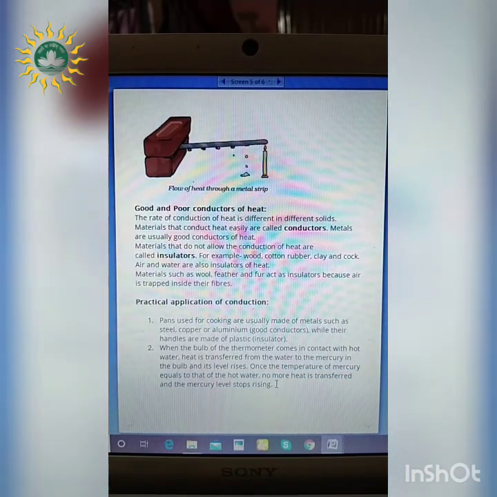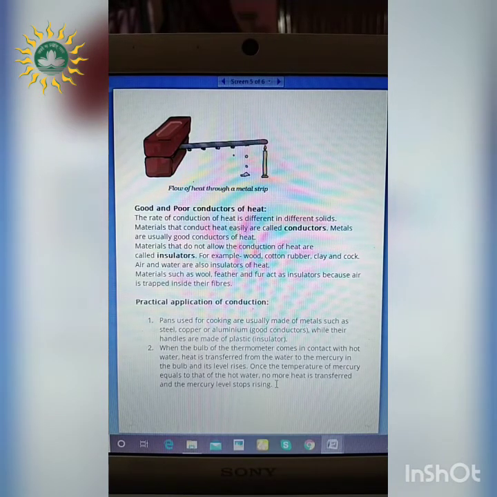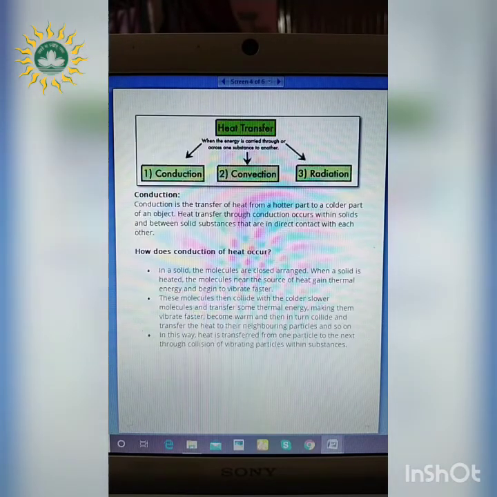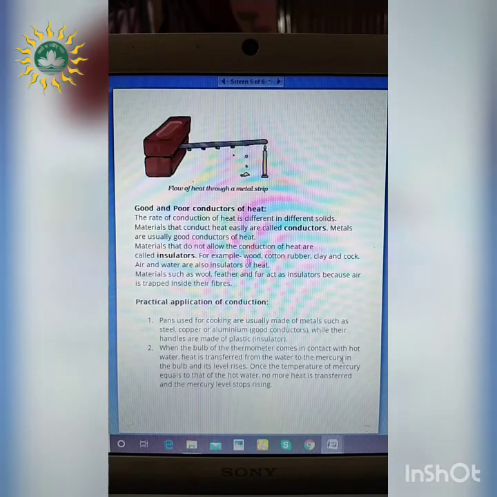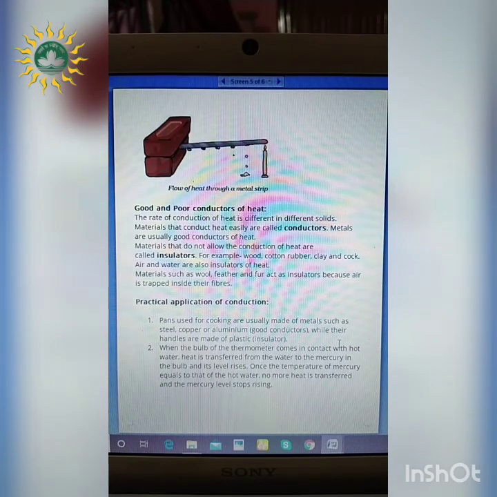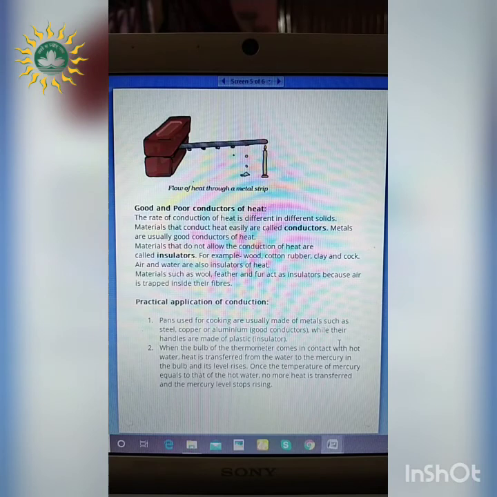So in the process of conduction, what are the main points we need to remember? Two main points are there. One main point is that the materials should be solid in nature, right? Both the materials should be solid substances, and secondly, they should be in direct contact with each other. If these two points are taken into consideration, then easily the process of conduction will take place. So hopefully this process of conduction is clear to everybody.